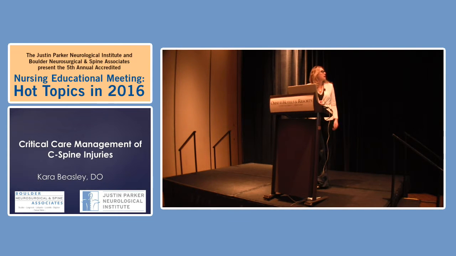So normal spinal anatomy, as you all know, 7 cervical vertebrae, 12 thoracic vertebrae, 5 lumbar, and the sacrum. And when we start talking about where stability occurs or doesn't occur in the spine, there's 3 columns. There's a 3-column model proposed by Denis that we typically use. The anterior column is the anterior 50% of the vertebral body plus the anterior spinal